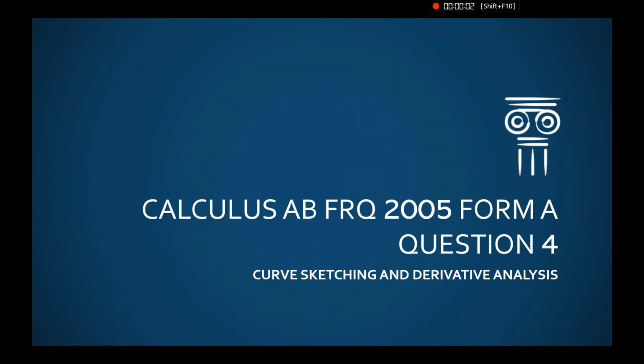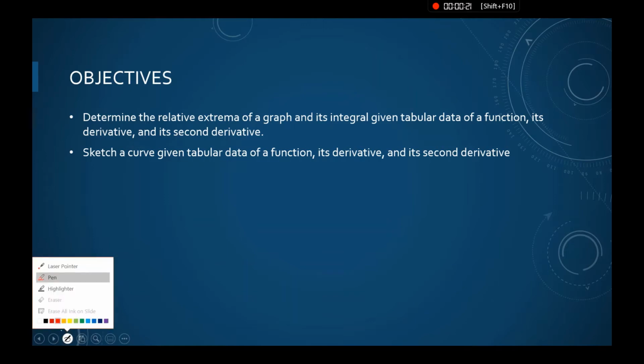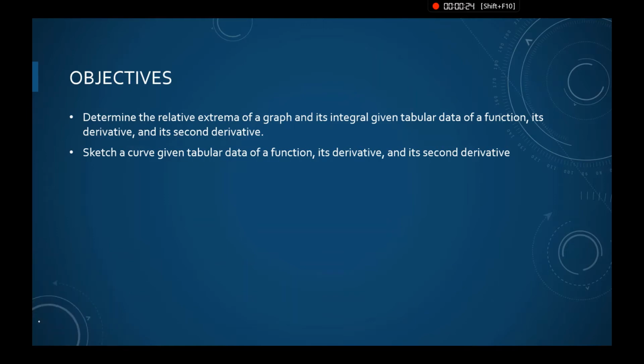All right, so we are finishing off the 2005 FRQ today. We did all of the Form B FRQ. I'm going to go back and do the last three from Form A. I believe we did the first three from Form A pretty early on during the online sessions. So objectives are to start working with tabular data for a function, for its derivative, second derivative in the function